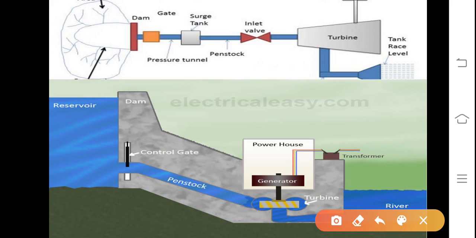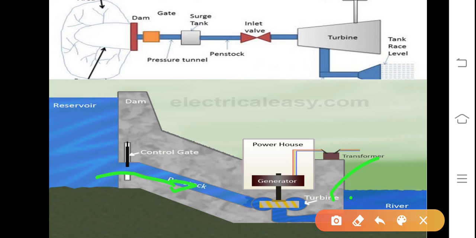Let me take up the reservoir, across which the dam is constructed, through which a control mechanism with a gate, that is a trash rack gate. The water will flow through the penstock and come up to the powerhouse, wherein a turbine is installed, which converts pressure energy into mechanical energy, and in turn mechanical energy will be converted into electrical energy. That is the purpose and function of the turbine, which you are aware.